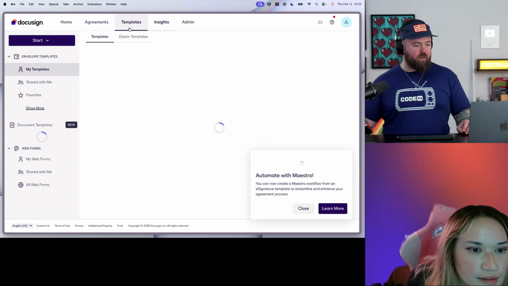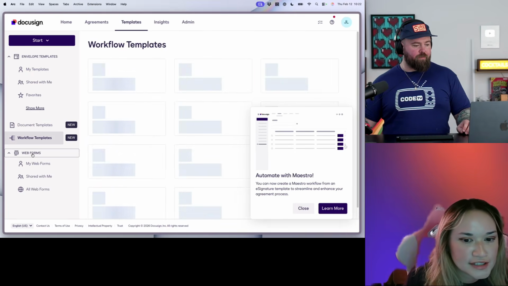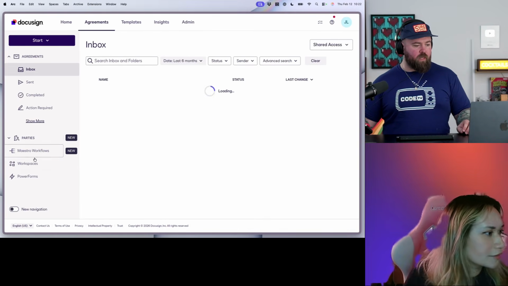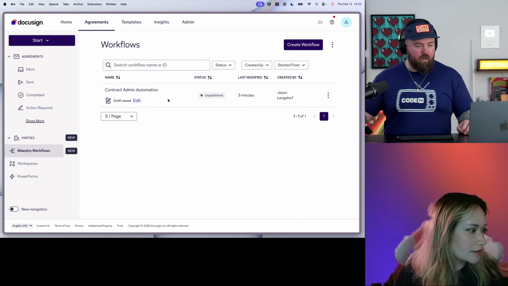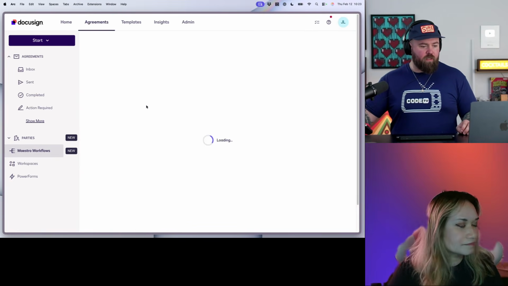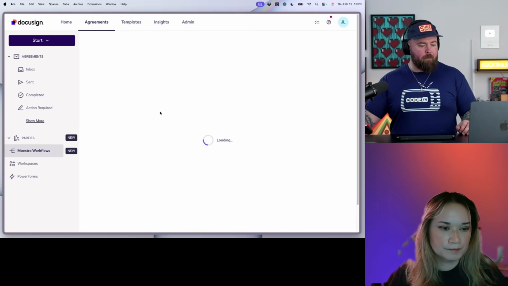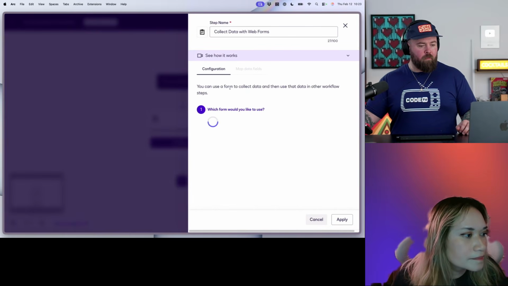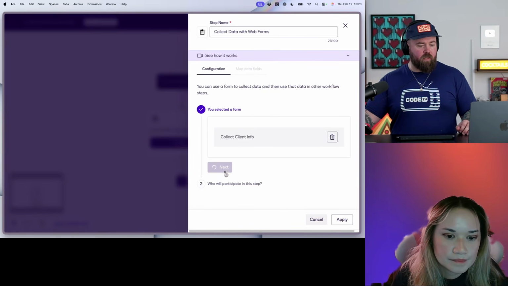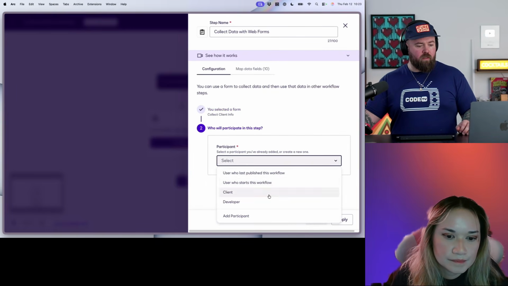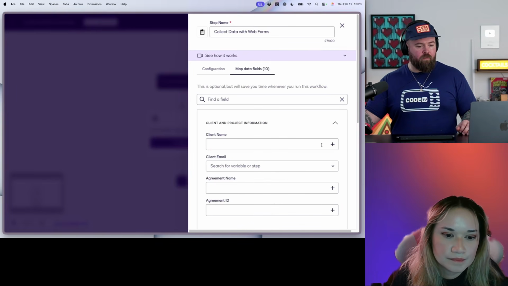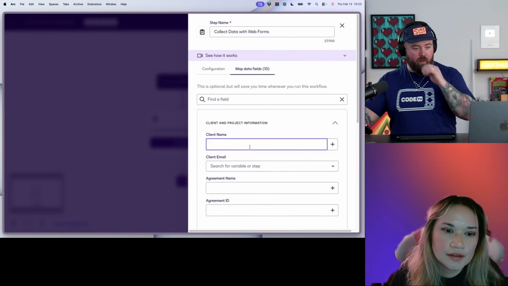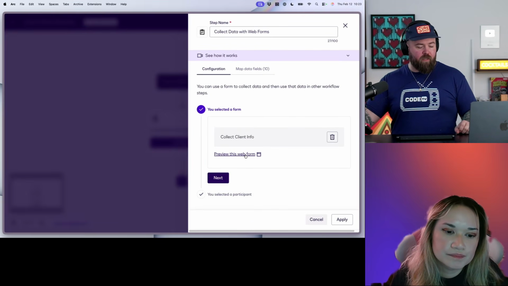So I need to go back to templates. Let's take a look at our variables again. I'm going to pull up mine real quick. Just Maestro workflow, and then we're going into this one. That's right. And we're going to use this collect client info. Still not. Okay. Should I try to use the form again and see if we can fully